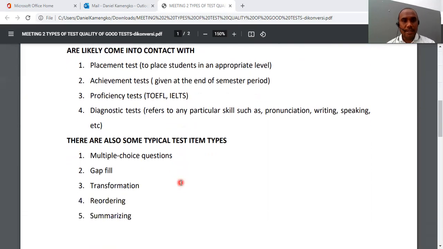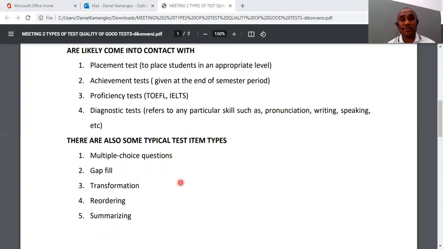All right. And then also, in the types of tests, we have typical item tests. This is very famous when we were in school. We say multiple choice questions, all right? That's very common, used by teachers all over. I don't know why teachers like putting A, B, C, D, and then students always just circle or cross.